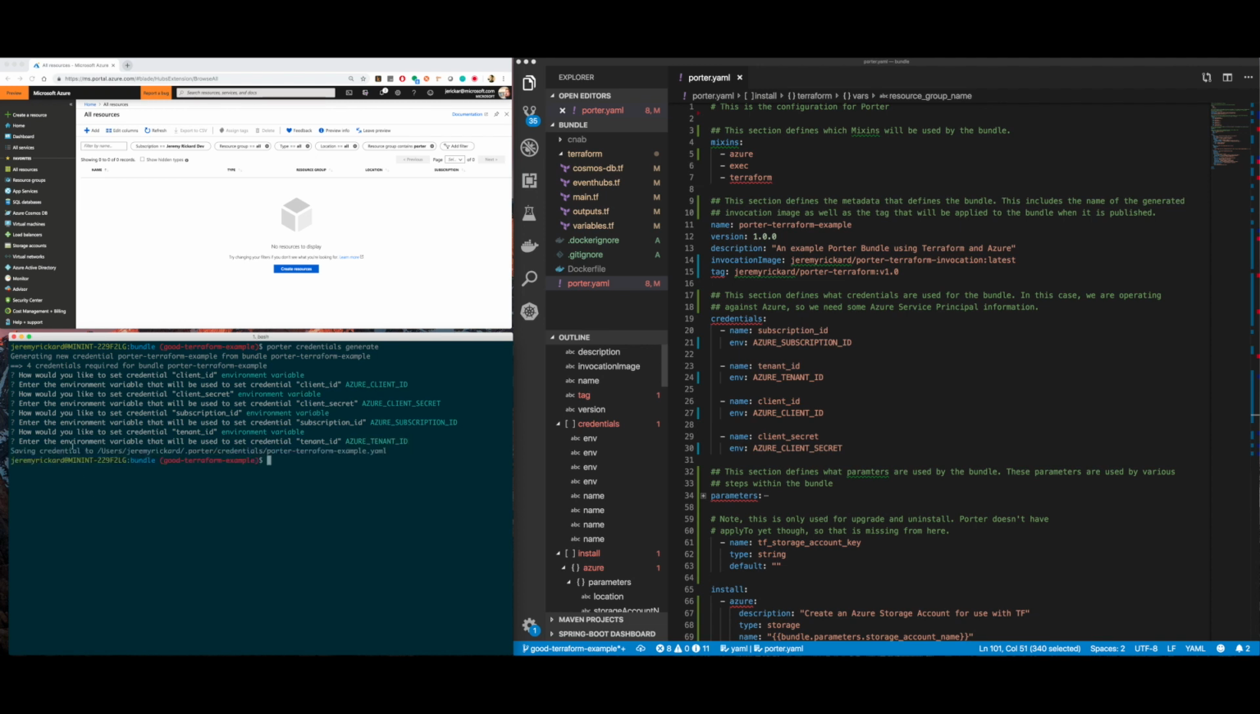Okay, so that generated us a credential at this location. So we can go ahead and install this bundle now. So we'll do porter install, and I don't actually need to specify this. Porter will guess it for me by default, but just for completeness, I'll specify it. So we're going to give that credential,